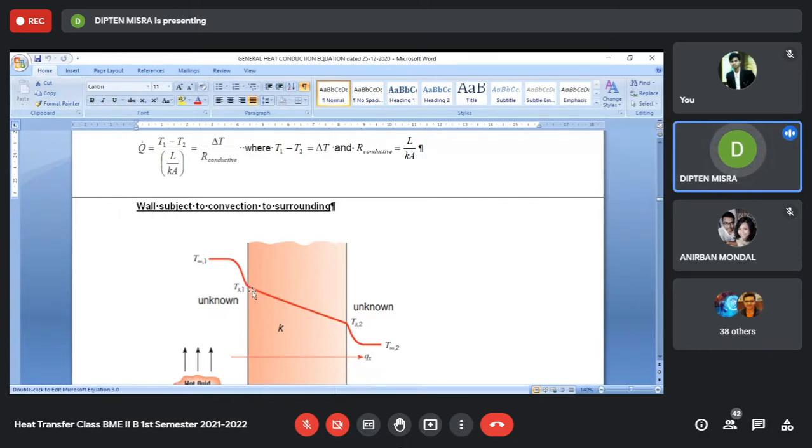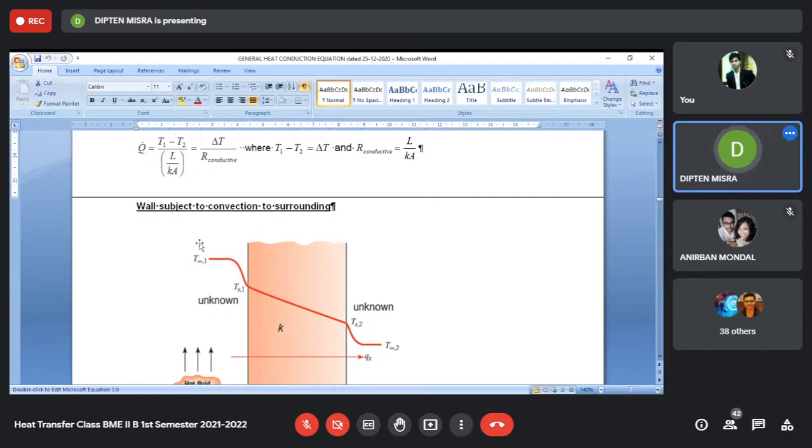As we have seen, inside this wall, if there is no heat generation, the temperature variation is linear. So the temperature inside the wall will be linear, and what happens inside the fluids, as yet we don't know. We have shown some kind of non-linear variation. Here also there is a non-linear curve of temperature. Now, what we do not know is the surface temperature on each side of the wall. Let us temporarily indicate them as TS1 and TS2, both of which are not known.